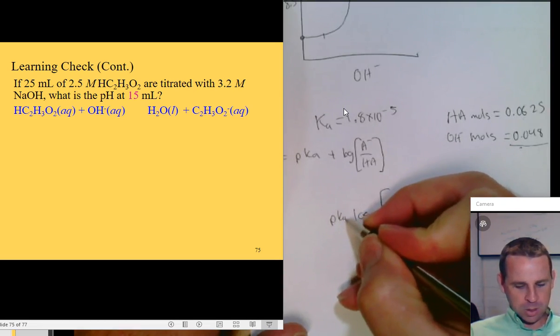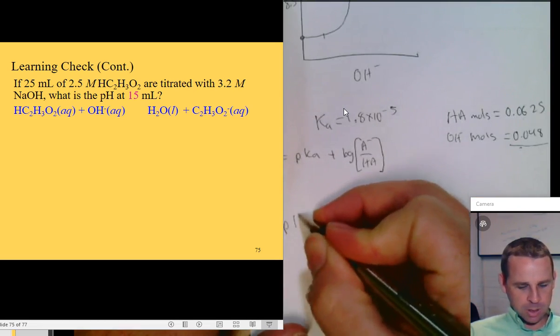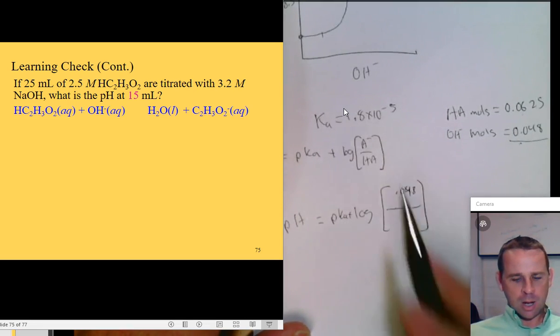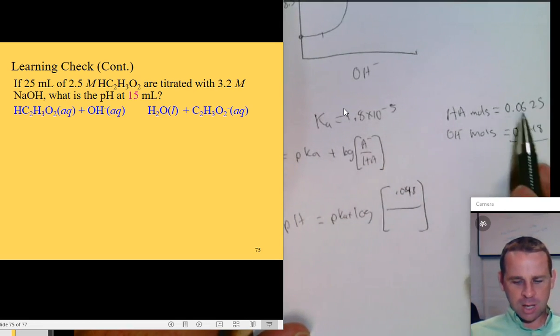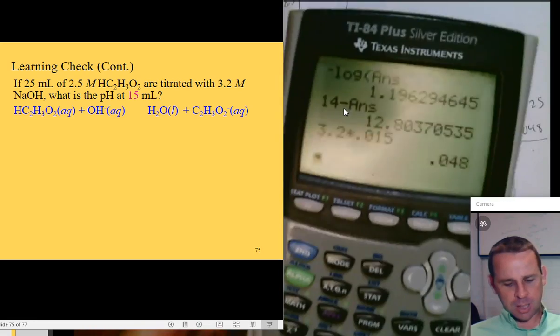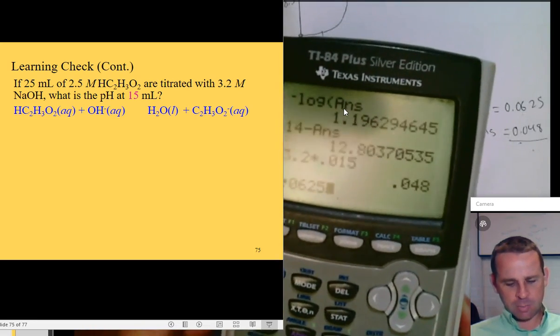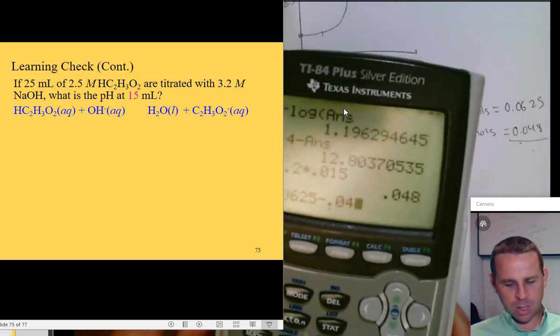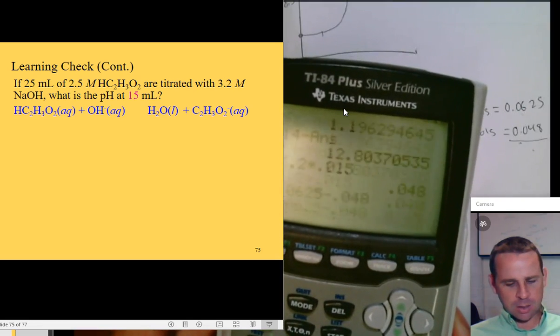Again, pKa plus the log will equal our pH. Okay. Now, how much of the associated acid do we have? Is it that? No, it's this minus this, right? Because we added some base, so we lost some. So I'll put that in there, 0.0625 minus the 0.048, and we get